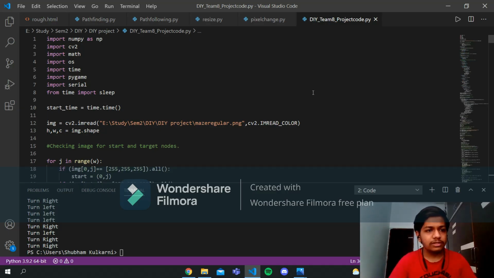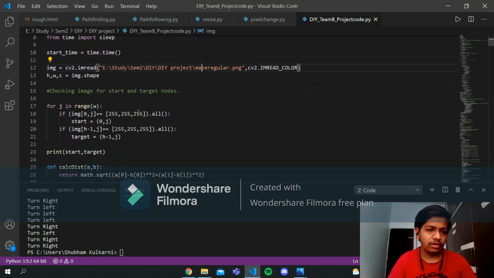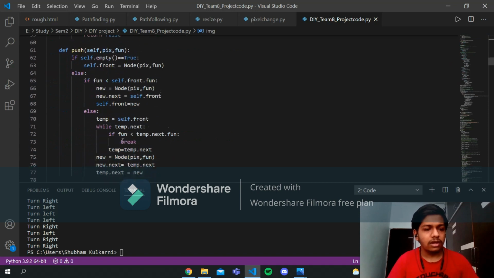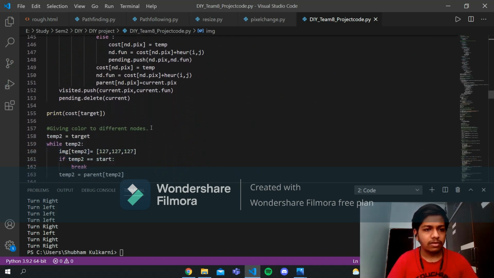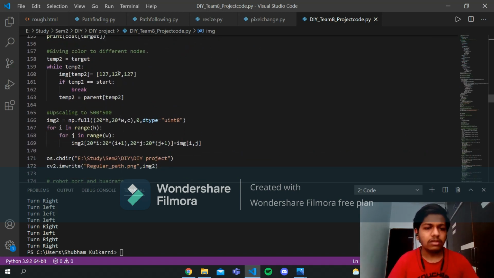Okay, so let's see how the code works. We have taken many different libraries here. First, we take the image as an input. Then we find the starting and target points. We have declared several functions here, and then we use the A star algorithm in order to find the shortest path. This is the algorithm. After that, we give the path that we have found a gray color.